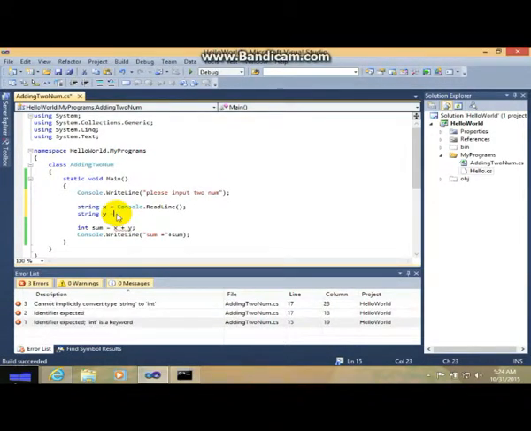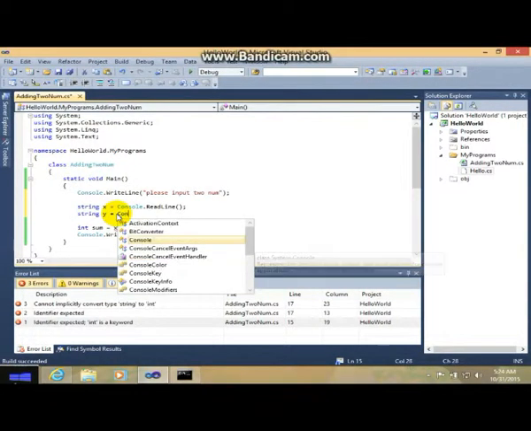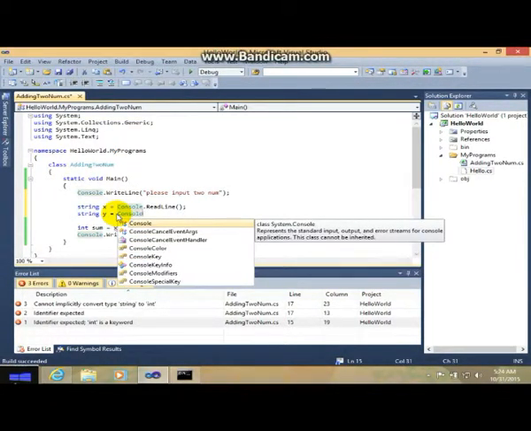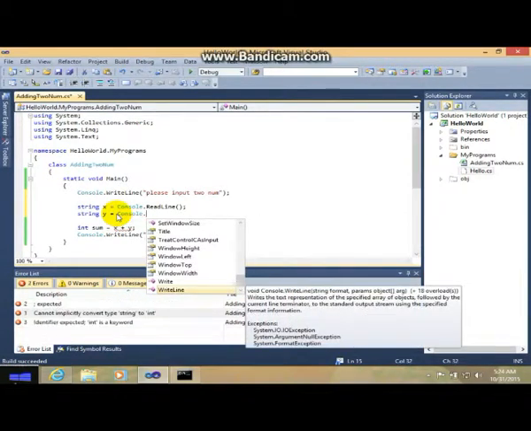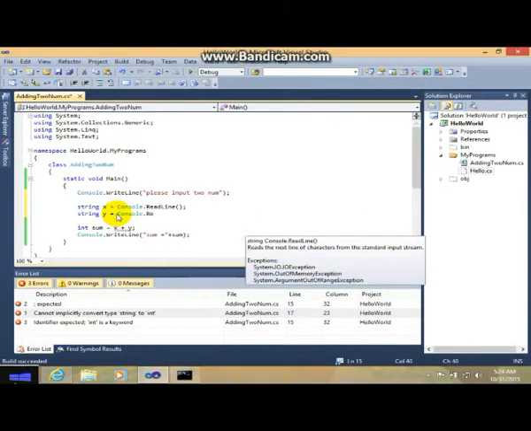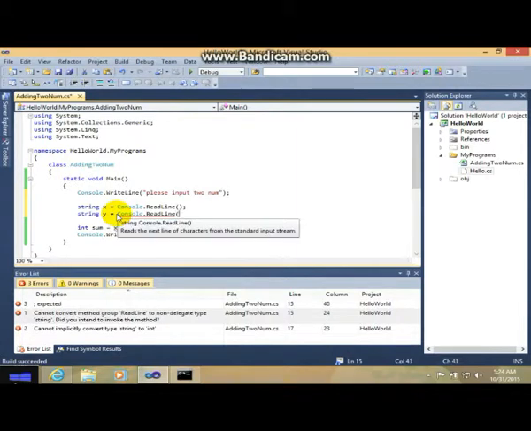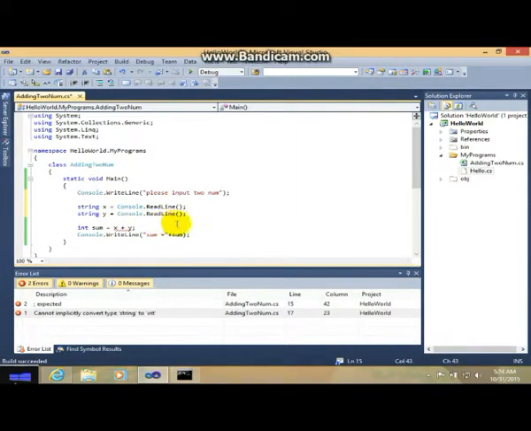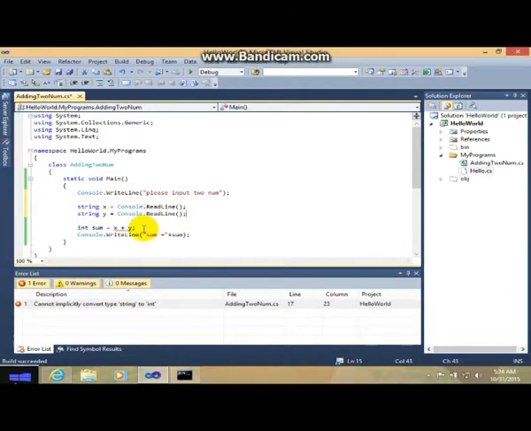So y equals Console.ReadLine, and don't forget this semicolon. You just follow my steps in order for you to learn about this.